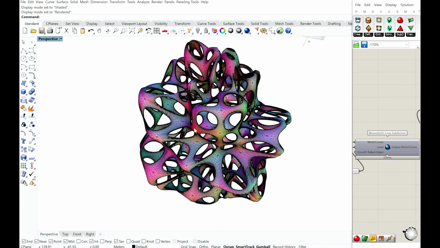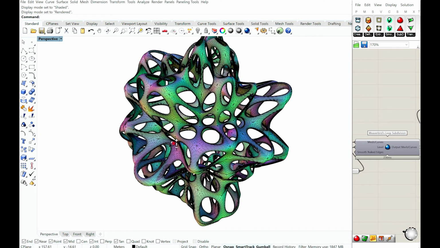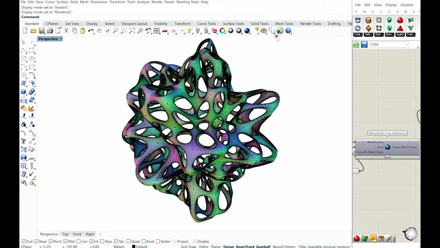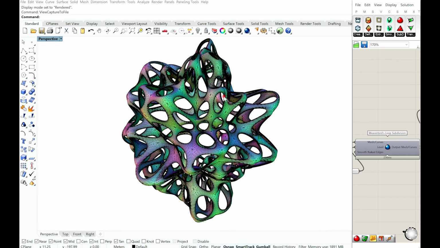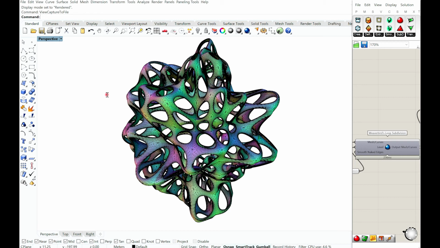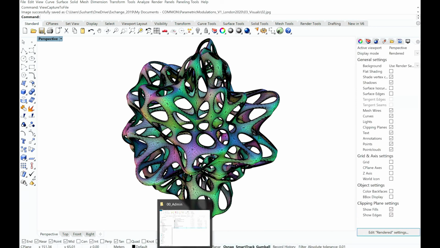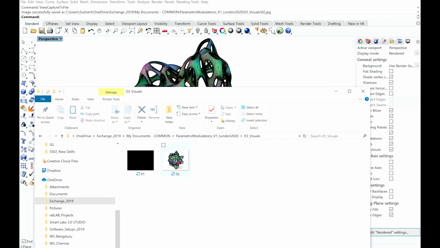Let me try and save a visual also of this, which we could not do last time. So let's say view capture to file. I think sometimes when the projector is connected, it doesn't take the screen. That's why it was showing an issue last time. I'm going to do it at scale 1 and 0.2. Yeah, it says successfully saved. Let's have a look. Yeah, this time it has.